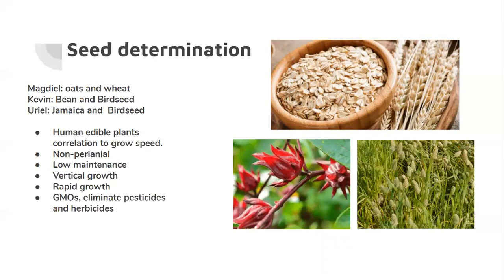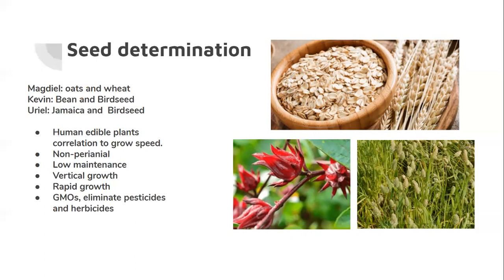Initially, I am responsible for oats and wheat, Kevin for bean and bird seeds. Uriel, as shown in the photos, planted jamaica and also bird seeds, and the decision to have these plants is based on that all of them are